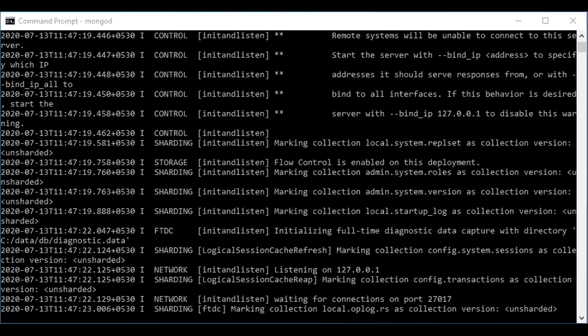So let us first create one or two documents inside this. So let us insert in T1. The command is db dot T1 dot insert, and inside the round brackets we will pass the value. Let us pass the value for the first field, that is name.